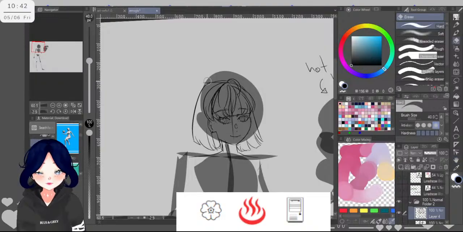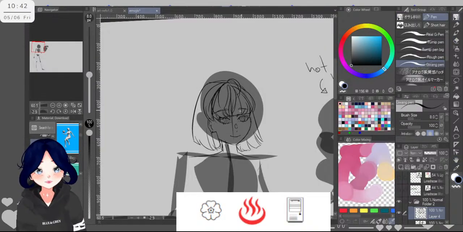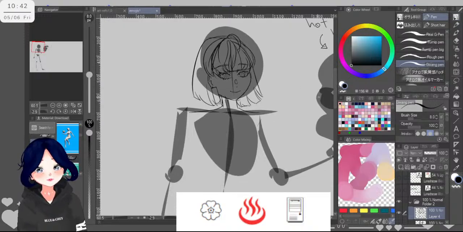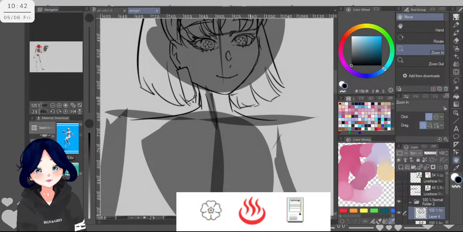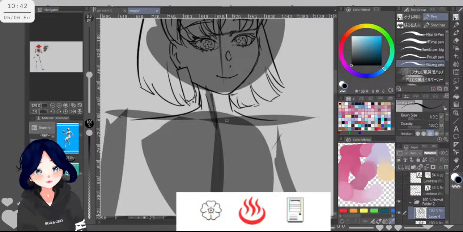And honestly, I like it. I like waking up at that time because it's when I can draw the most. I'm really focused on drawing because during the day I have to.